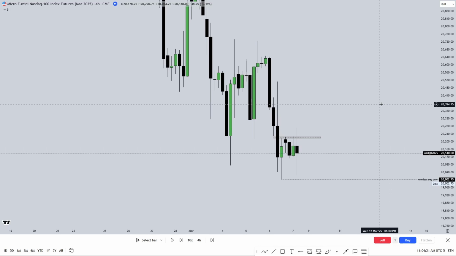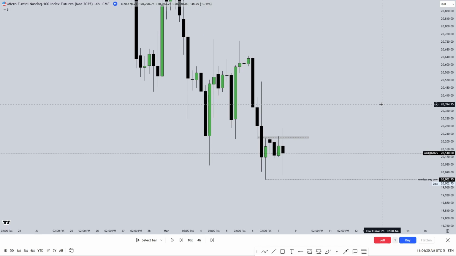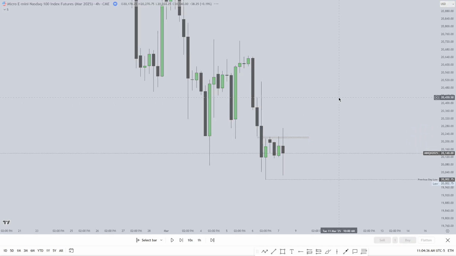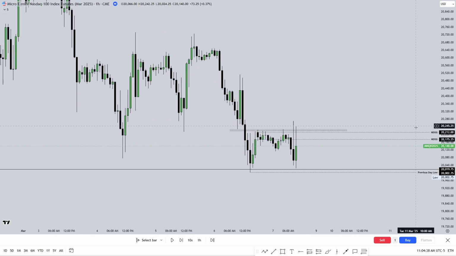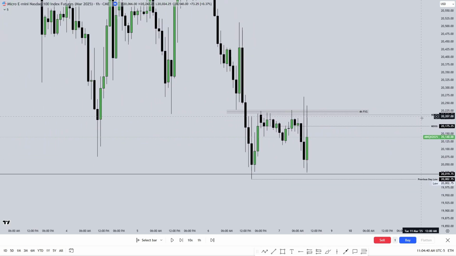This was literally going into the day. I do a pre-market outlook every single day, doing this exact process, and that's how I determine my bias going into the day. And if I don't see anything on the 4 hour that I like, say there wasn't a 4 hour fair value gap right here, I'm going down to the next time frame, the 1 hour, and I'm looking for really the same exact things, right?